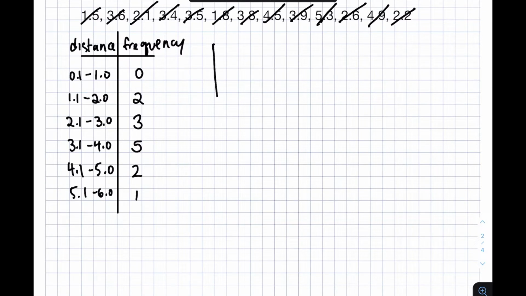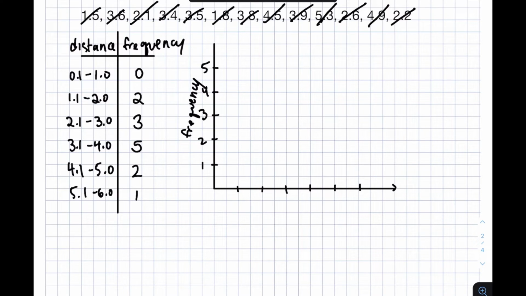Now that we've done this frequency table, we are free to graph it. So the y-axis will be the frequency, and the x-axis will be the groups. So this will be 0.1 to 1, this will be 1.1 to 2, 2.1 to 3, 3.1 to 4,